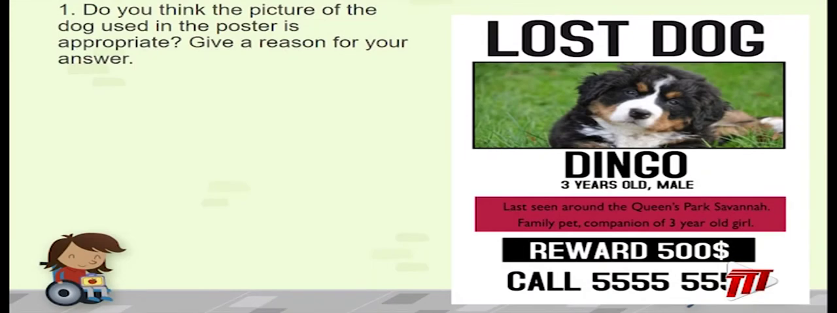But if we continue reading the poster, we will see that Dingo is 3 years old. Does this picture look like a 3-year-old dog, or does it look much younger? Someone looking at the picture would say that it's a very old picture of Dingo when he was a puppy, so it might not be appropriate. In our situation,